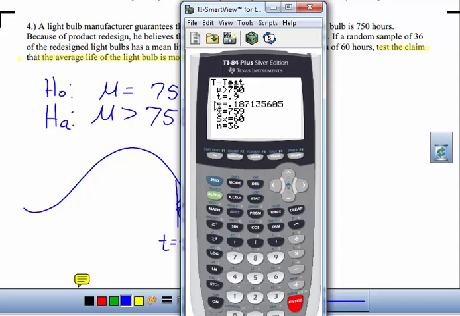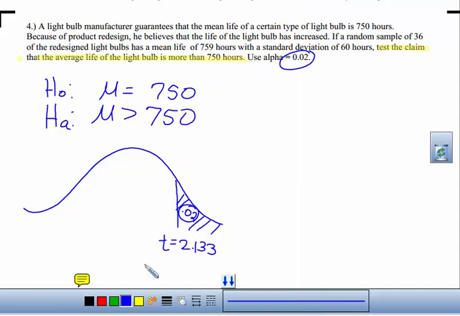Okay? So my test statistic comes out to be 0.9. Okay, so my test statistic, and this is what I call the witness, comes from the sample data, and what it actually does is we've computed a t-score to help us determine how likely it was that we would get this sample mean of 759 if the actual mean is 750. And according to this, it's not that unlikely. Think of this kind of as a z-score, except it came from our t-value.